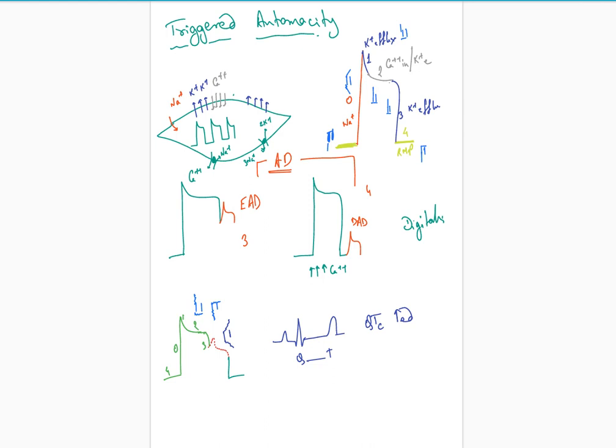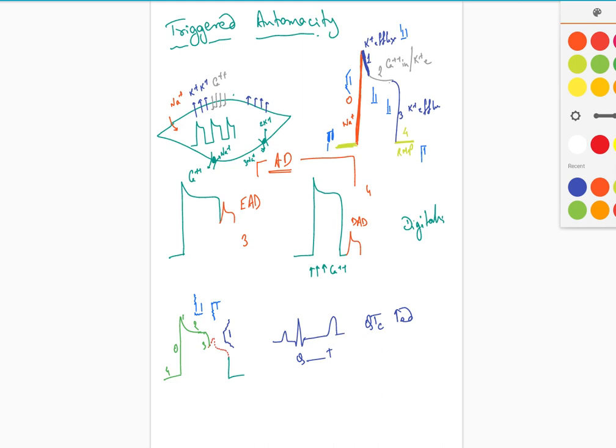So then what happens is sodium enters, and when sodium enters, there is a sodium dependent depolarization. When sodium dependent depolarization takes place, after that the potassium channel will open. So potassium efflux will occur. When potassium efflux will occur, it will keep going downward like this. So this is where the potassium efflux is going to take place. During this point of time the calcium channel will open up. When calcium channel opens up, then what will happen? Then calcium influx will take place.